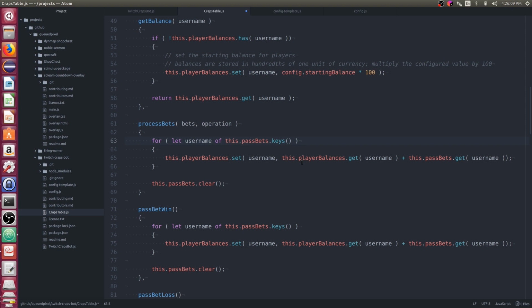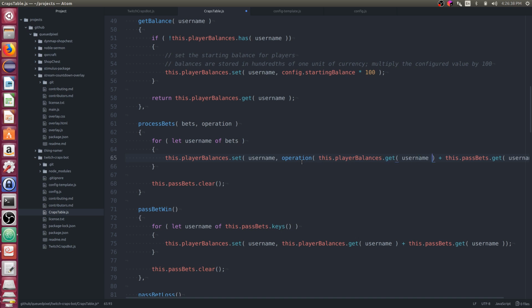So for let username of bets, we're still going to set player balances for username, but instead we're going to call a function operation.